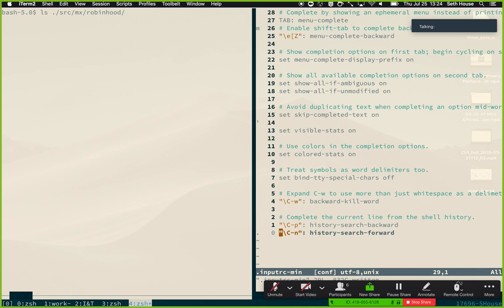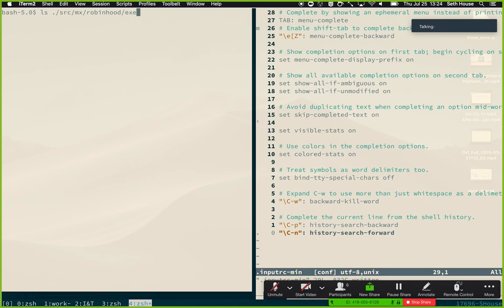You don't have to choose Control P and Control N. By default, those completions are not super useful. Some people choose Page Up and Page Down. I like to keep everything just kind of on the home row. So with that in place,